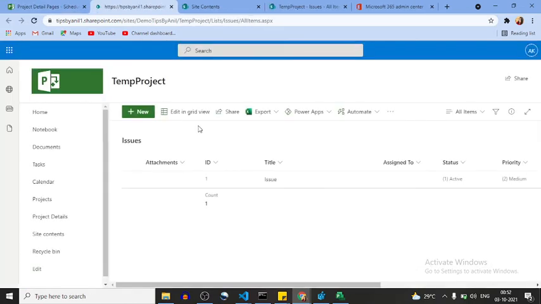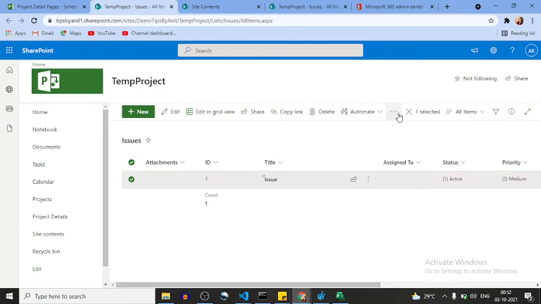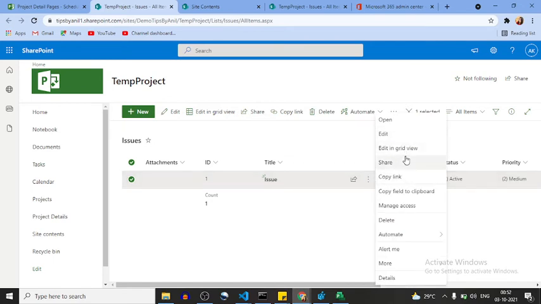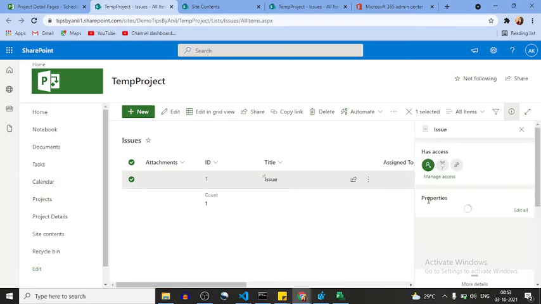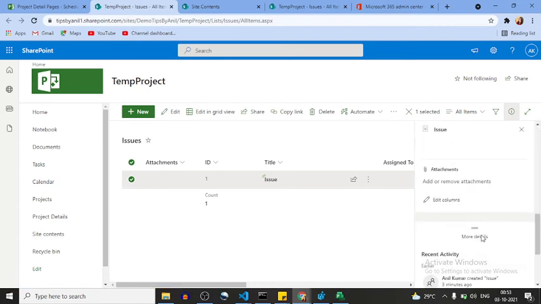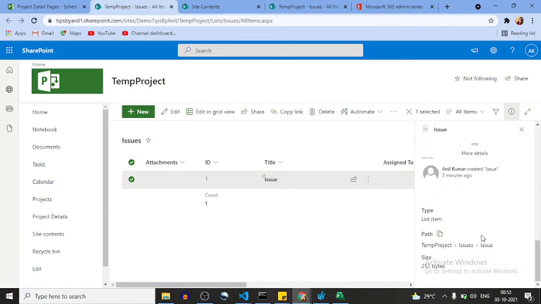These are the issues we can directly redirect to. And if I see manage alert, here you can see the details of your project issues.